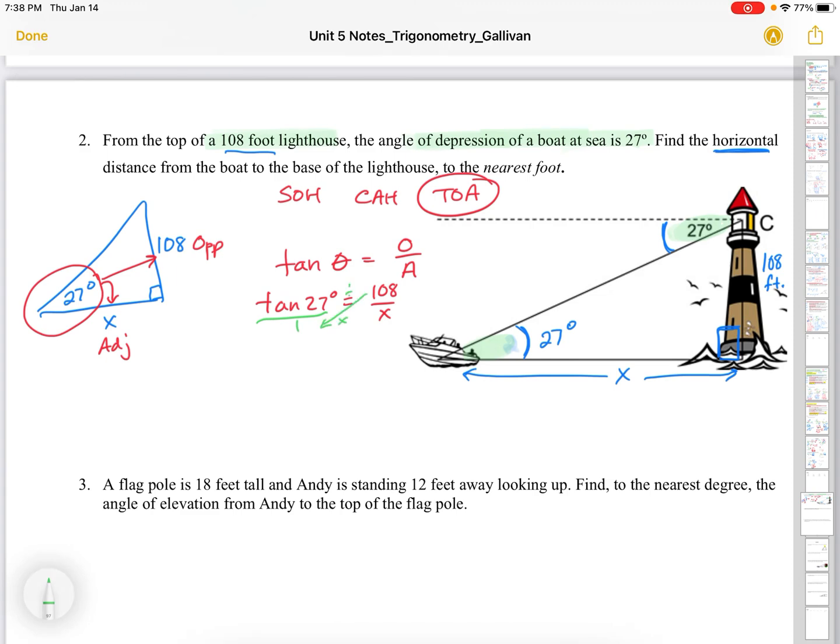So I will get x is equal to 108 times 1 divided by tan of 27 degrees. 108 times 1 is just 108, and tan 27 degrees is 0.5095. Okay, so we're just going to divide 108 by tan of 27, and I get